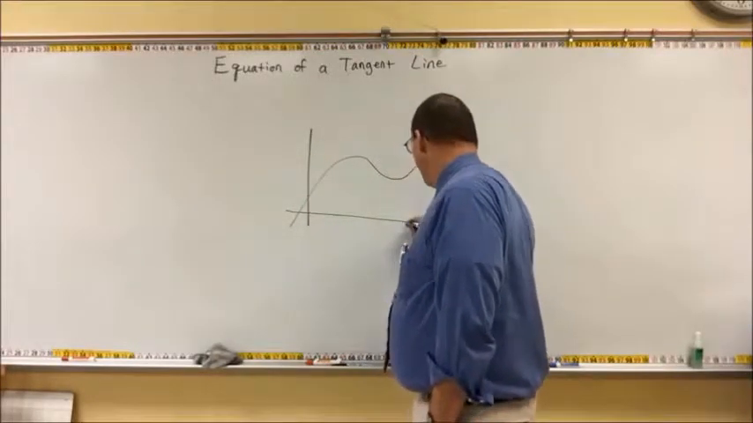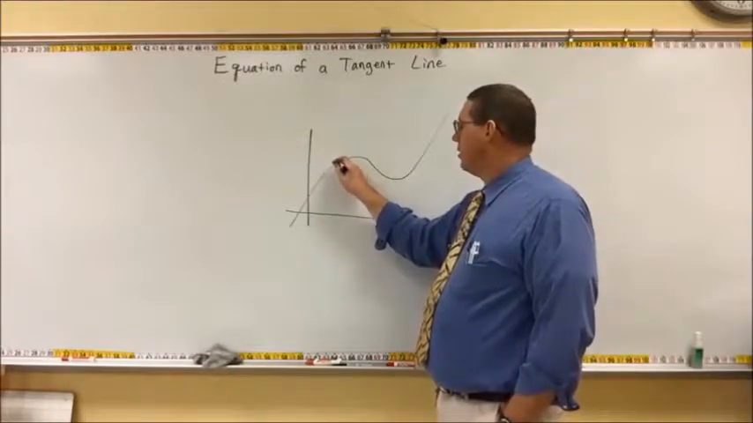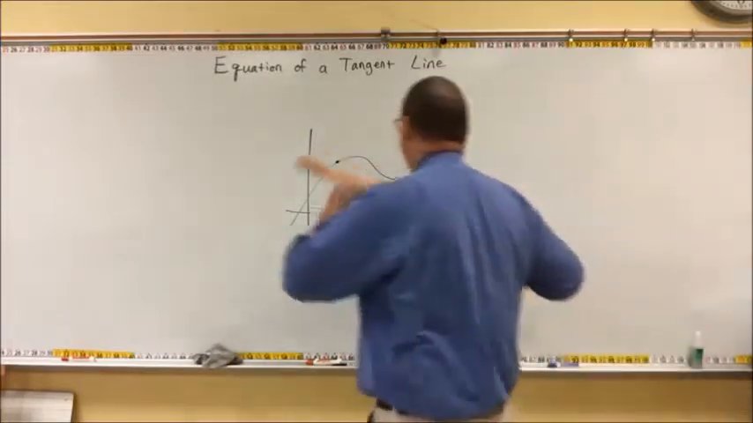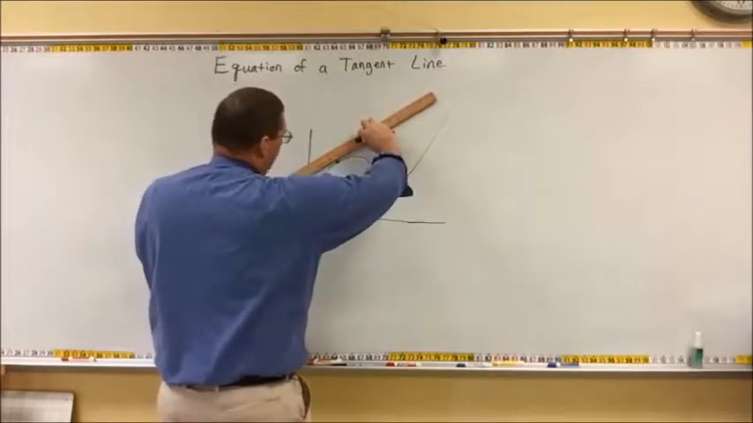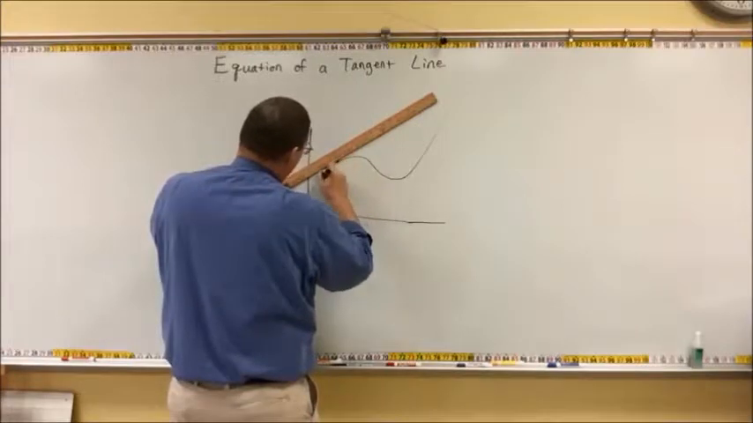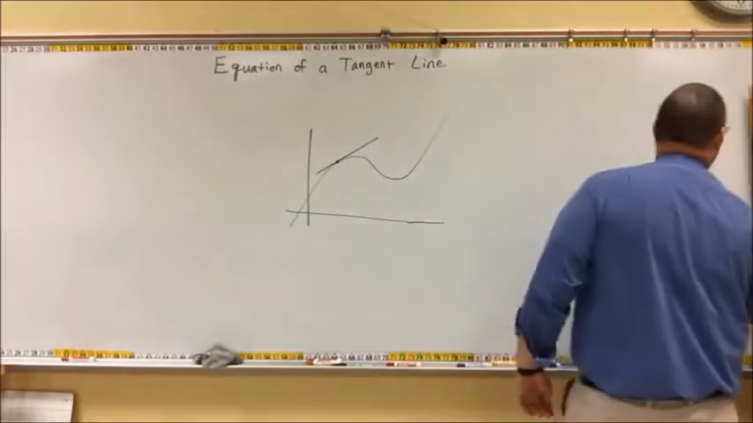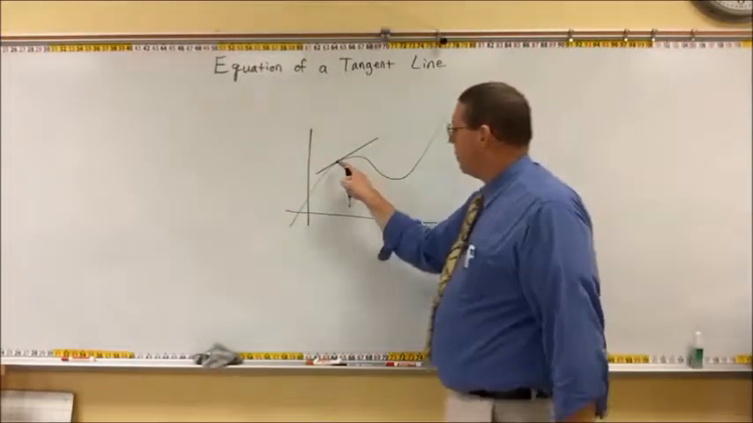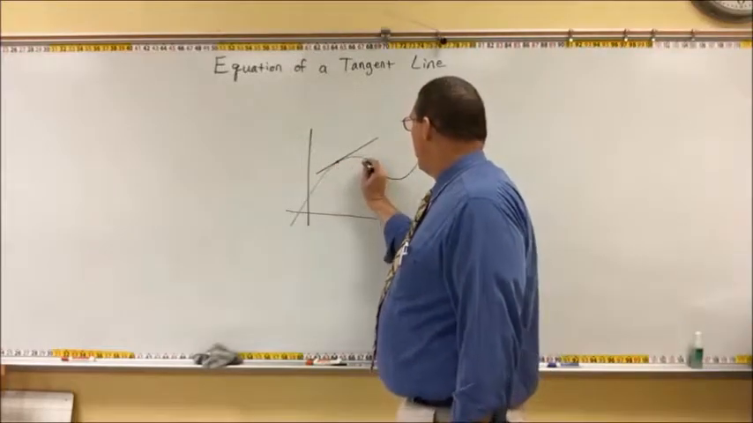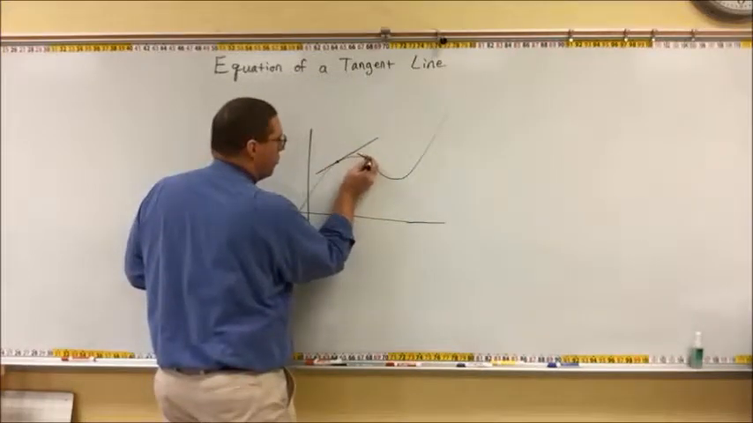At any one of these points along the curve, we can pick any point, and at that point we can draw a line that just barely touches the curve at a single point. You see that? And as you move the point along, the slope of that line will continue moving along,